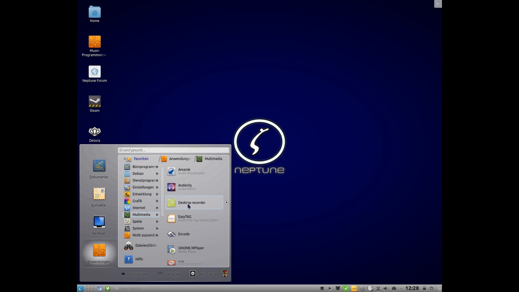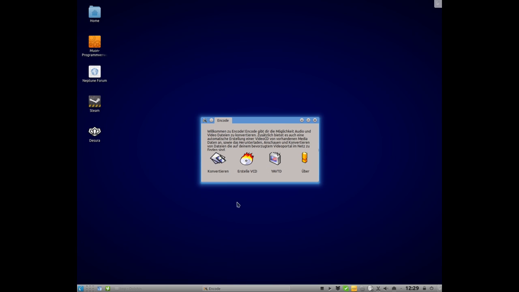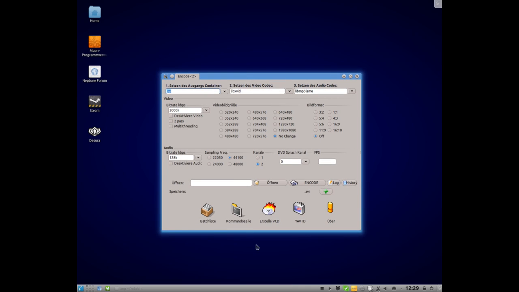I installed EasyTag. Then there's Encode, and Encode is a pretty nice and good conversion software. If you want to just encode video or audio files, just click on it and you get several options in here, just like Convert. And this is pretty much the graphical user interface of Encode. First of all, you would think, what the fuck? But if you're just getting used to it, you can pretty much, with simple clicks, just